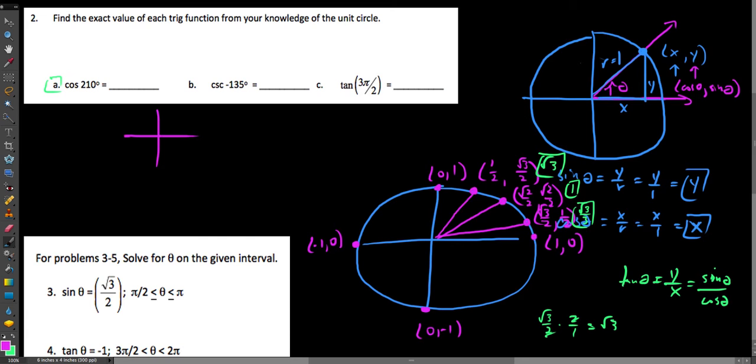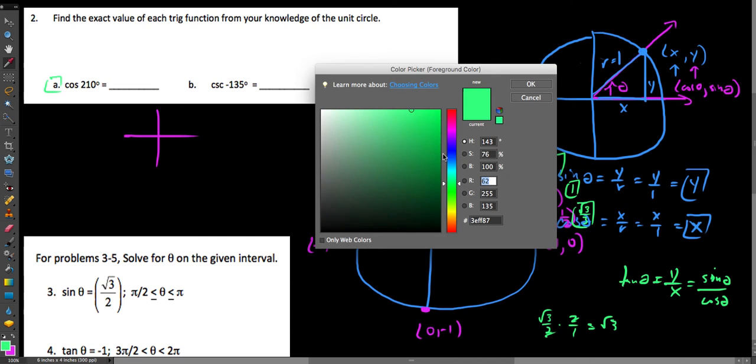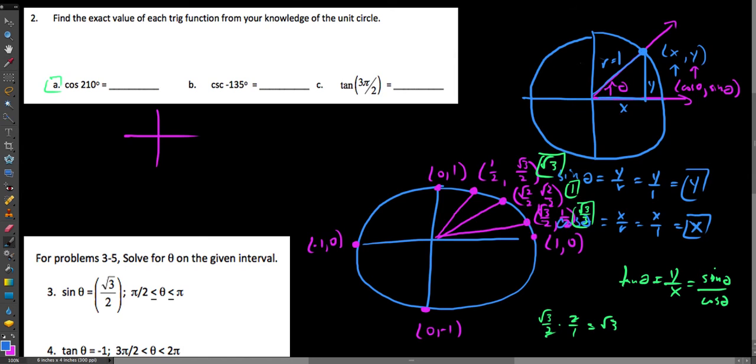The very first thing we want to acknowledge is that it's easier to use reference angles a lot of the time. So if we were to sketch a 210, what would that look like? It would go counterclockwise, terminate in the 3rd quadrant, and here would be our 210. The idea, though, is that it's making an angle with the x-axis here that would be, in this case, a 30-degree angle. So instead of doing cosine 210, we're just going to do